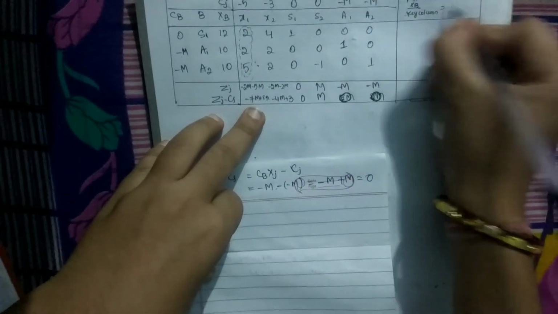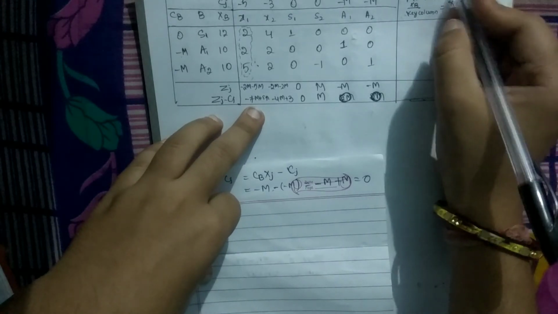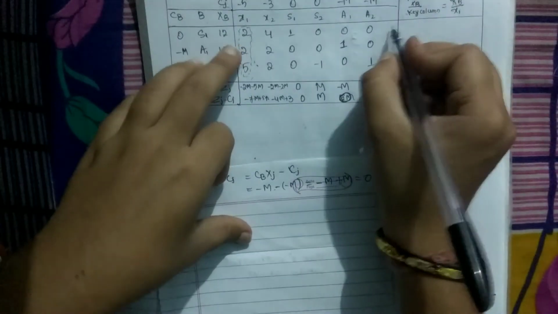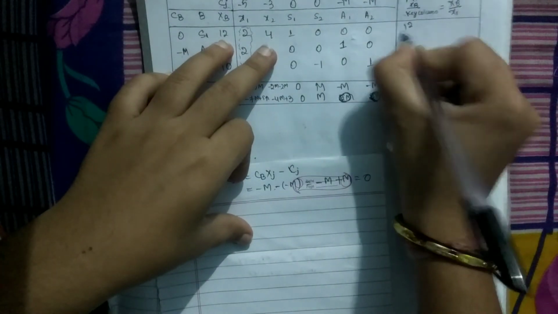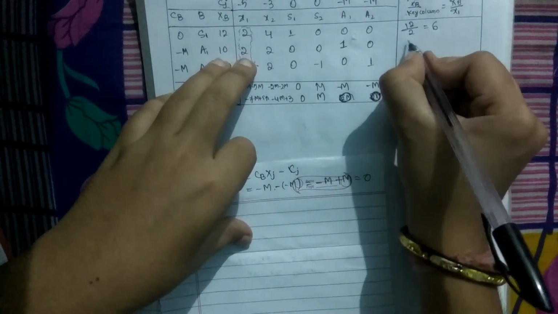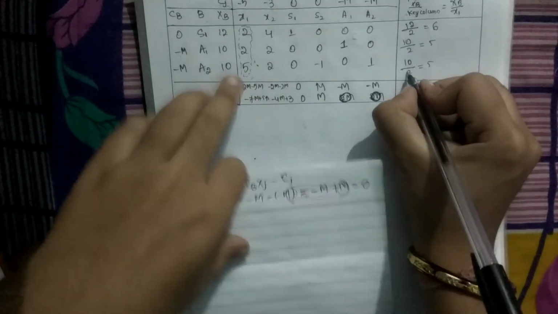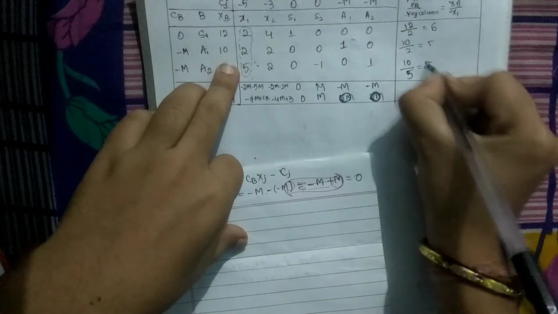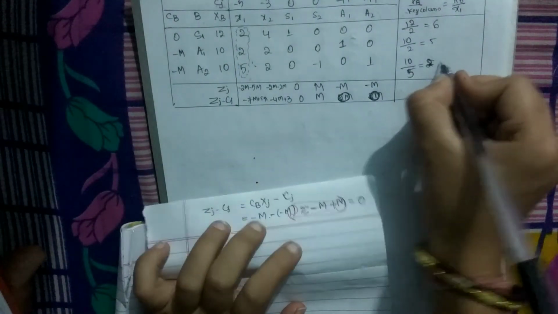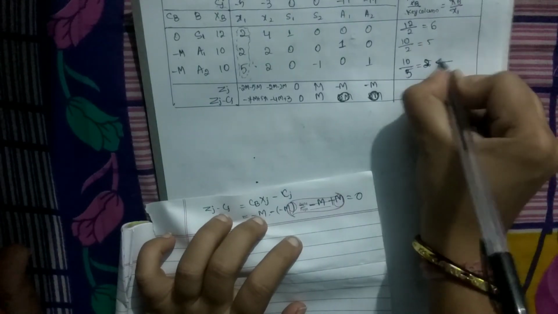So the key column is x1, xb divided by x1. X1 key column must be greater than 0, so xb value is 12 divided by key column is 2 become 6. Then 10 divided by 2 become 5, 10 divided by 2 become 5, sorry it is 5. 10 divided by 5 is 2. Here we have to consider which is the smallest value, that is 2 is the smallest value, so this is